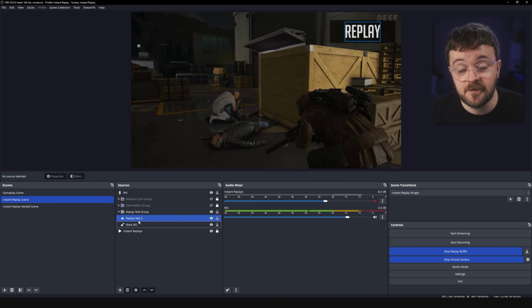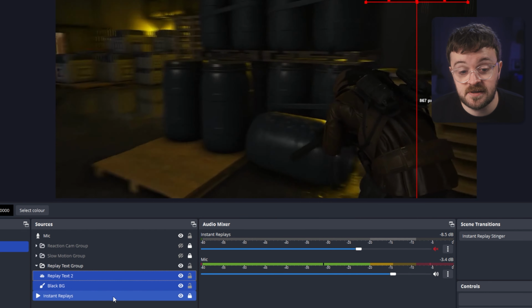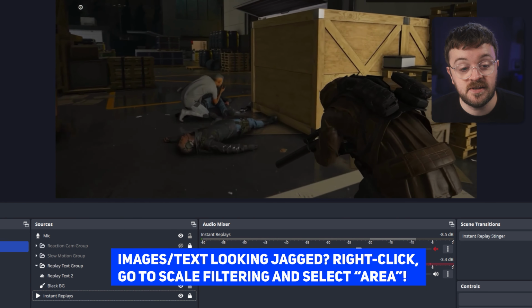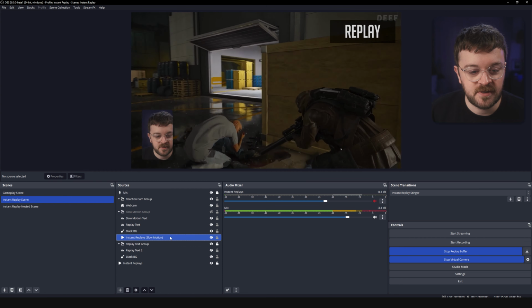As well as that, I have grouped these together, and if you don't know how to do that, simply shift click on the sources that you want to group, then right click and come up to group selected items. Once you do that, you just name the group and you can do whatever you like with it afterwards. And the last thing I want to show you is a slow motion toggle. This is using a lot of what we've already implemented into the instant replay scene, and we'll just start from